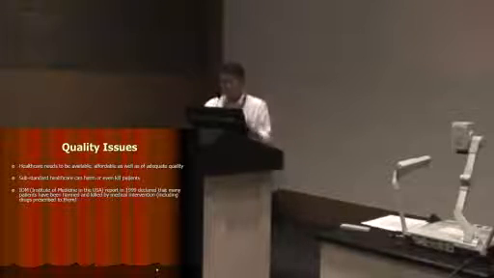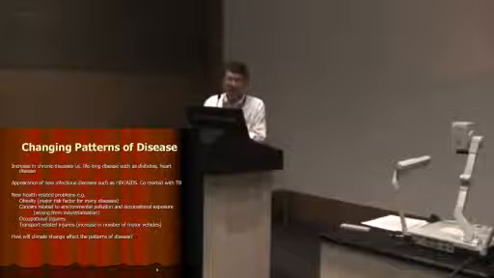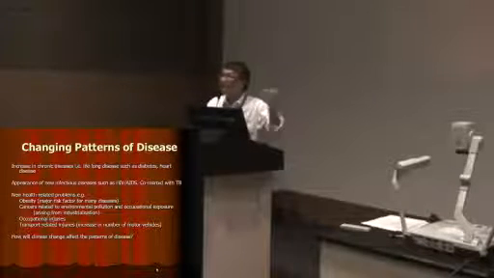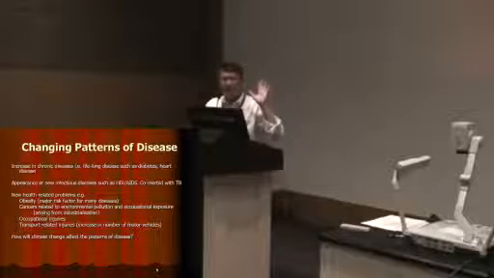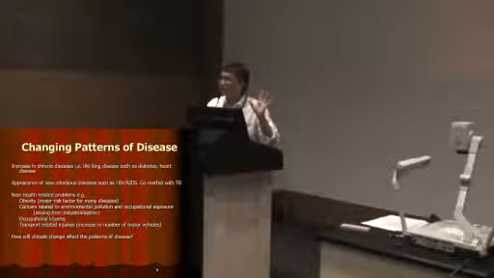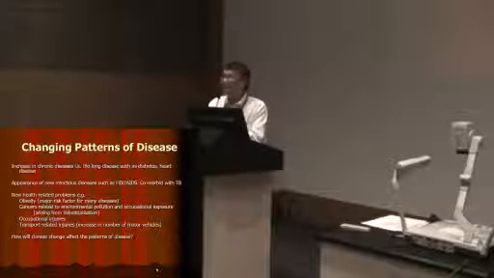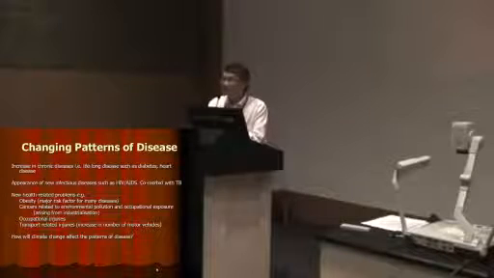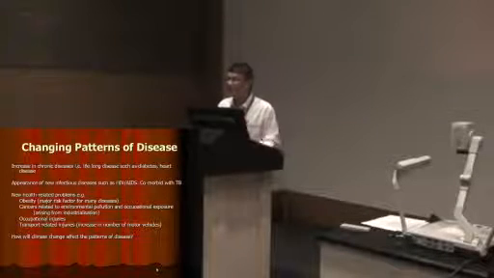Okay, changing patterns of disease, increase in chronic diseases. There's a difference between infectious diseases and chronic disease. Infectious disease spreads from one person to the other. Chronic disease is like a disease which persists throughout your life. Sometimes you can manage it, sometimes it gets out of control. Examples of chronic diseases are diabetes, the various forms of arthritis, cardiovascular disease and so on. So you have to live with it and you have to manage it. It can't be cured, right? So you manage it.